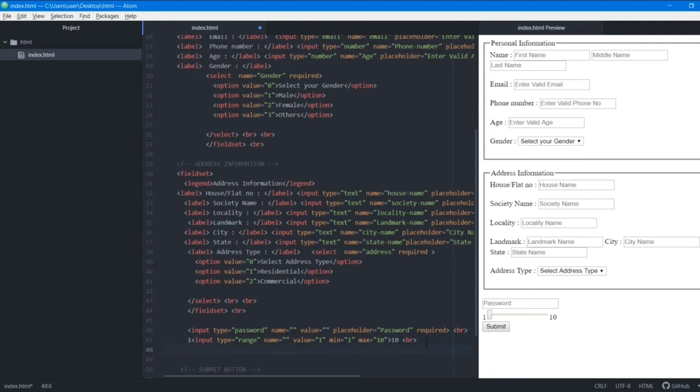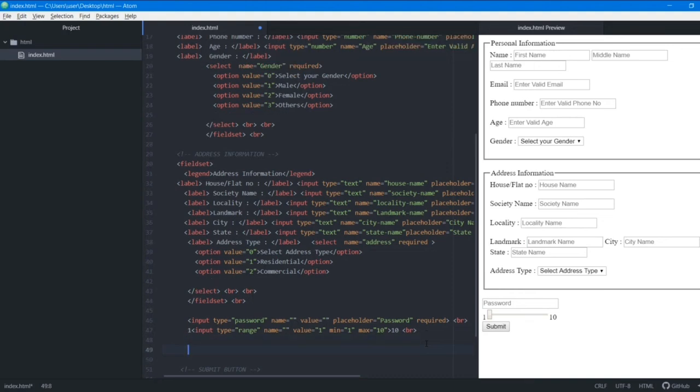Now the next thing we're going to see is called date. Sometimes when you're booking an appointment at a doctor, or you're booking something and you want to select the date when you want to arrive, or suppose you're registering for an exam and you're filling out the exam form and you want to select the date, there's a calendar that appears, right? So we'll just select date. You can see that now a date has appeared here. You can either fill out this date or you can also select it.